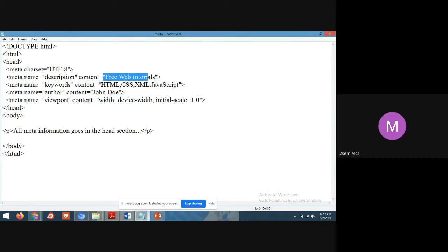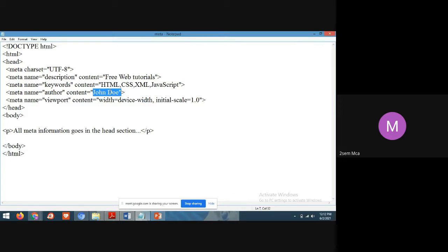We are just giving information, name, description about the program. You can give keywords: HTML, CSS, XML, JavaScript, body tag, header tag, any keywords you have used. And the name, author, and the content, the author name. More than 3-4 authors may be involved in executing a program.